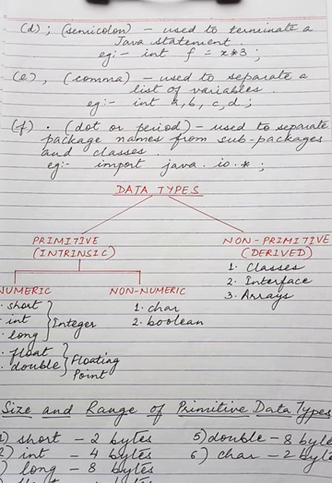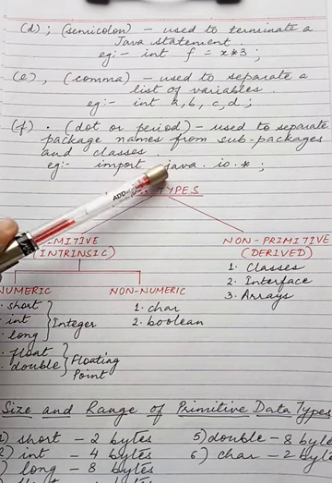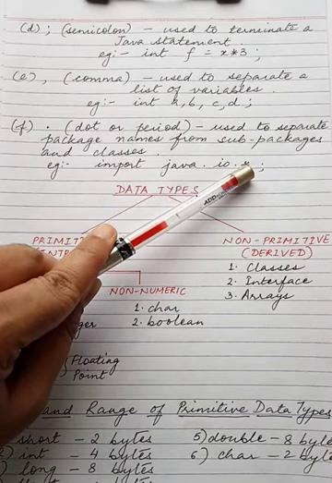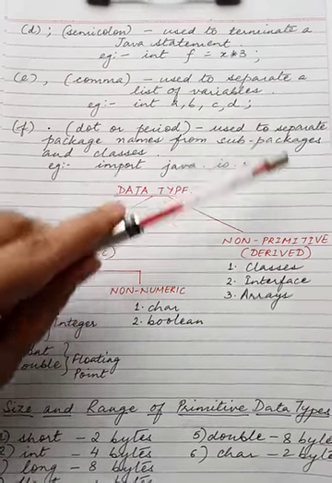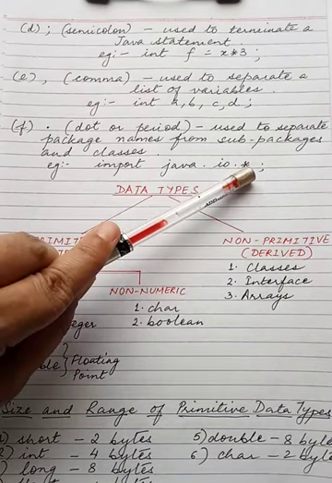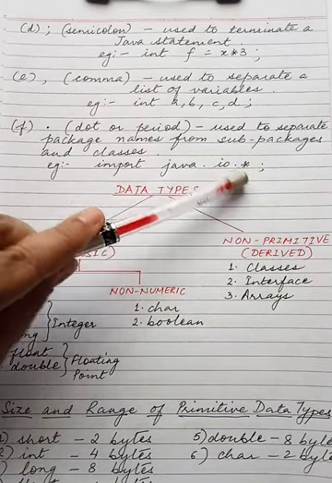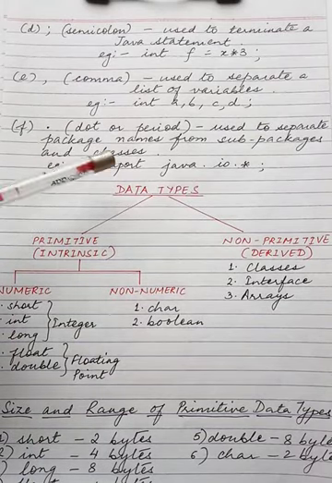For example, if the statement is like this, import java.io.*. What does it mean? Java is the name of the package, which is separated by a dot from its sub-package. io is the sub-package, and asterisk means all the classes will be included in the program. So this is the package, this is a sub-package, and here we can specify the class explicitly also. If I write asterisk, that means all classes are included. If I write just the name of one class, then only that class will be included. So the dot operator is used to separate packages from sub-packages and classes.